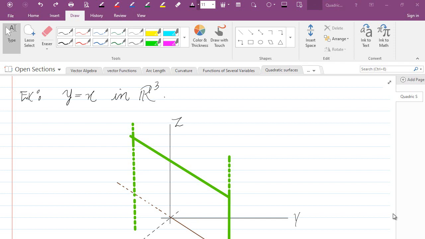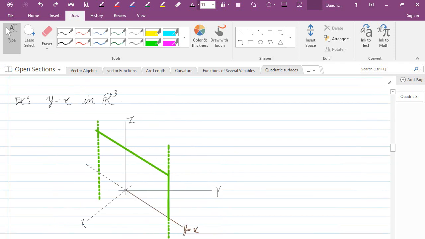Welcome back. Let's look at the graph of the equation y is equal to x in 3-space. Notice that the z coordinate here is missing. So what's the graph of this equation? Well, basically the graph would be the collection of all points in 3-space whose first two coordinates satisfy this